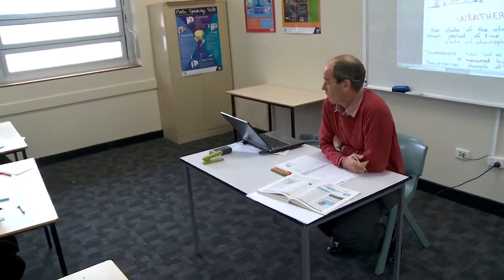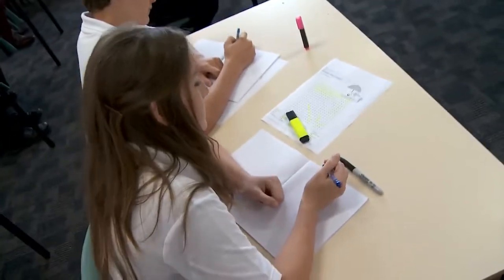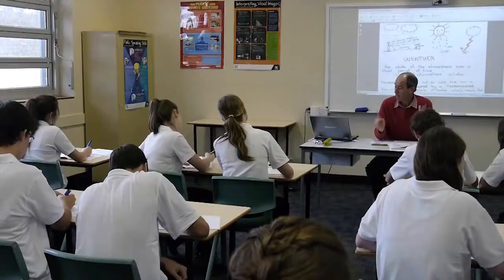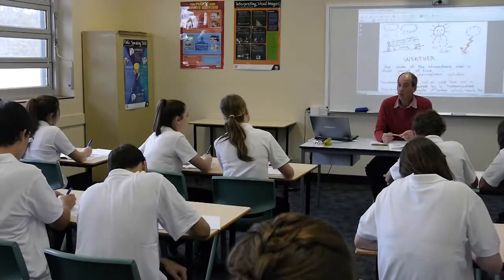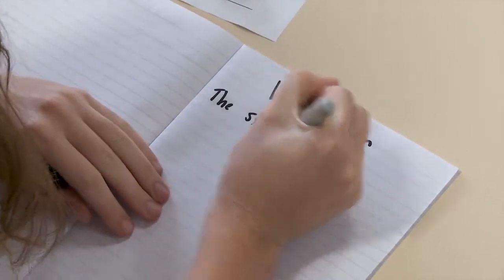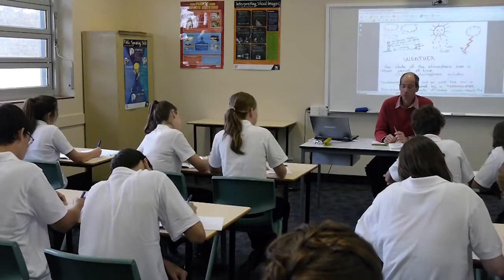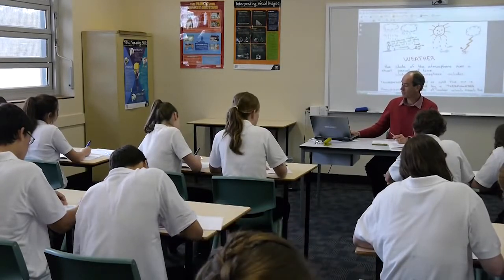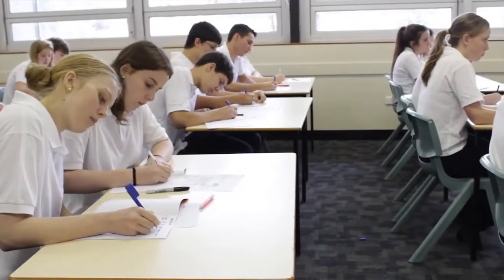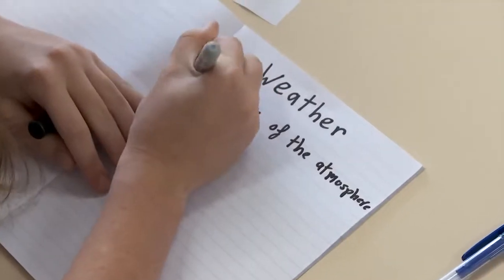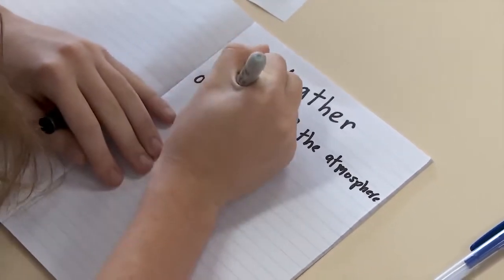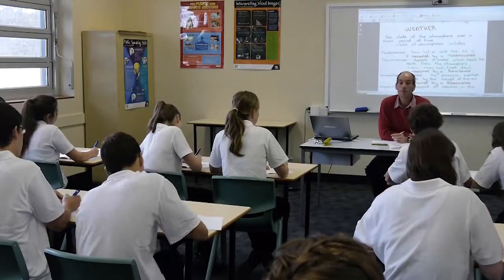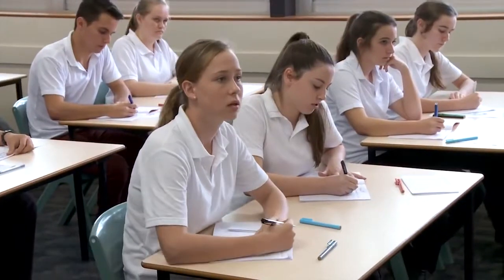First thing is that the weather, as it says up there, the definition, it's a state of the atmosphere over a short period of time. Now, that state of the atmosphere includes the following. The temperature. How hot or cold the air is. And that's measured by, anybody? Thermometer. Yep, well done.